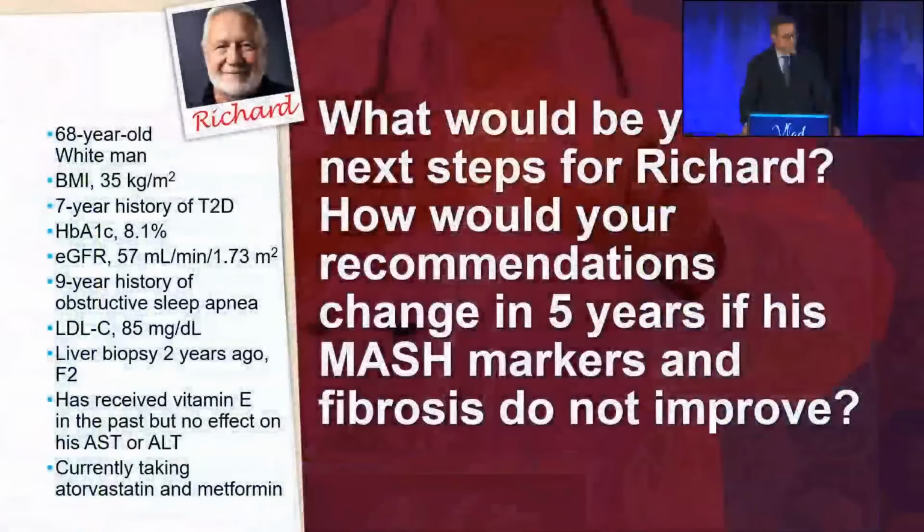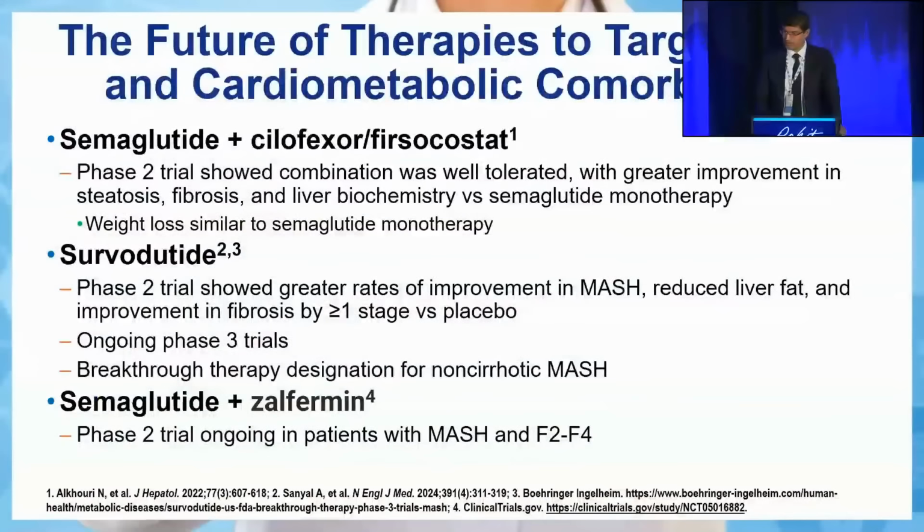So let's look at our case again. What would be your next step for Richard? How would your recommendation change in 5 years if his MASH markers and fibrosis do not improve? So, future therapies to target MASH and cardiometabolic comorbidities: there's a phase 2 trial that's ongoing, looking